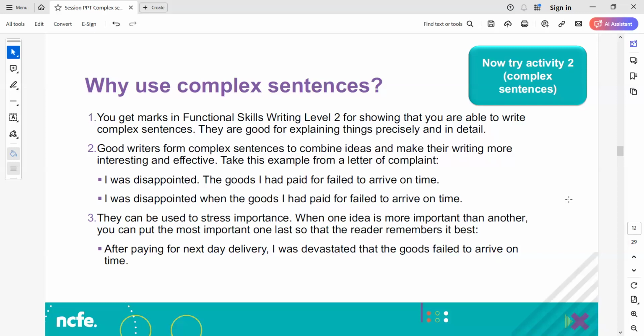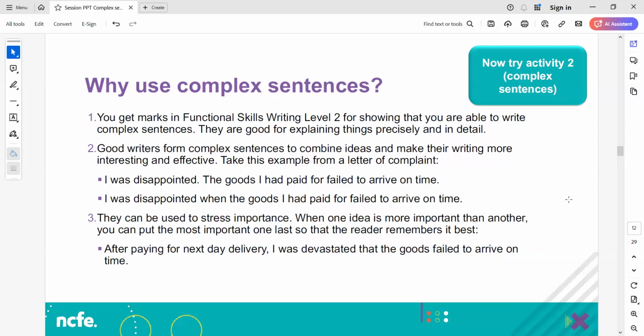Of course, you do need to use simple sentences as well. What we would be looking for is a mixture: simple, compound and complex sentences. But you definitely will need to show that you can use complex sentences as well as the other two in